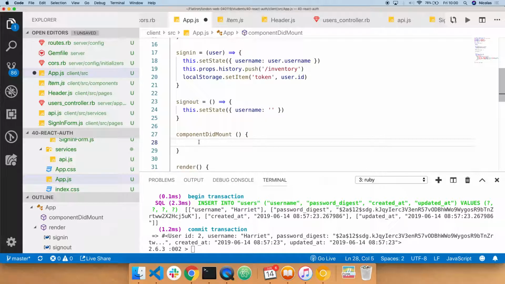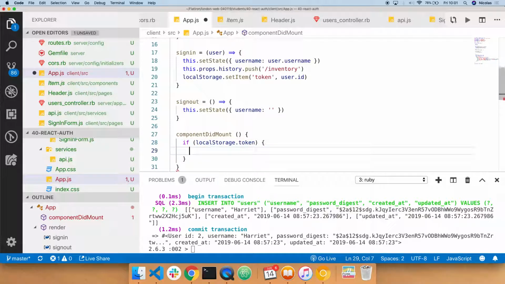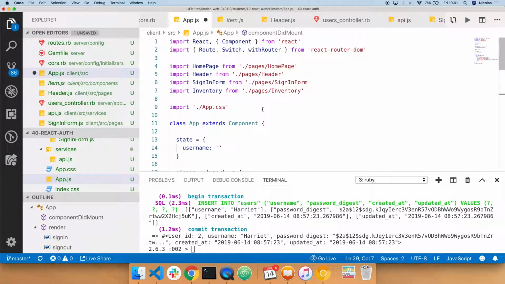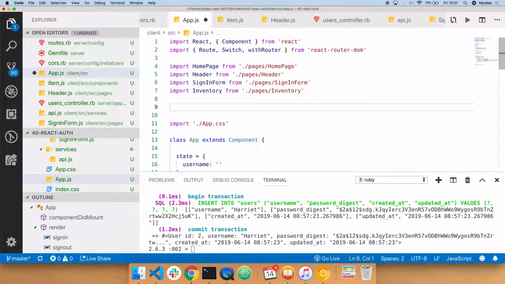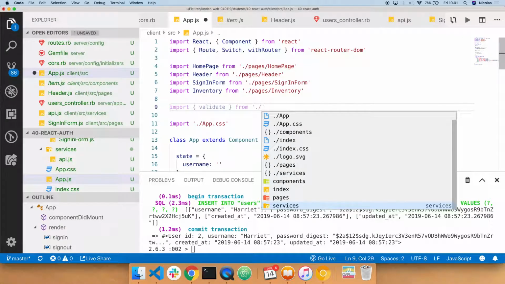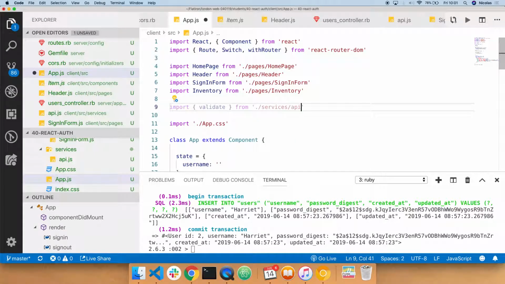So first thing we need to say is maybe if we have a token, because otherwise there's no point in doing this. If there is not even a token, what am I validating? Right? But if we have a token, we can say, do we have the API here? No, we don't. We need the API, so import, and we can get validate from,